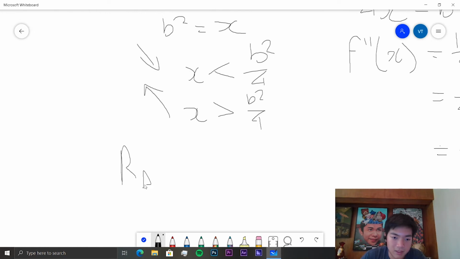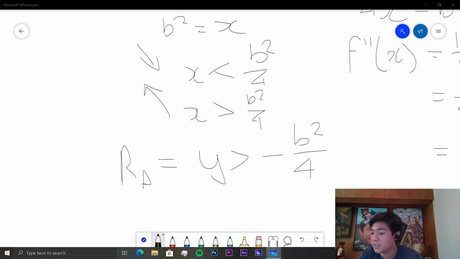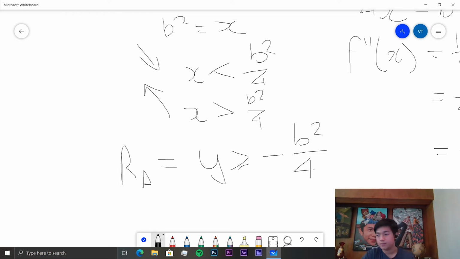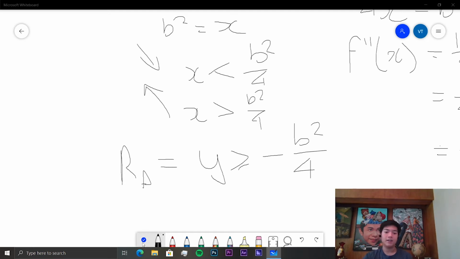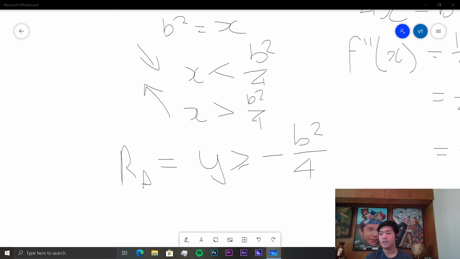I'll just put the range of f is equal to y is greater than or equal to negative b squared over 4, and that should be the range of this function, greater or equal technically. Finally, the concavity of f. This is concave up. Yeah, for all of x, it's concave up. We only have one turning point, and